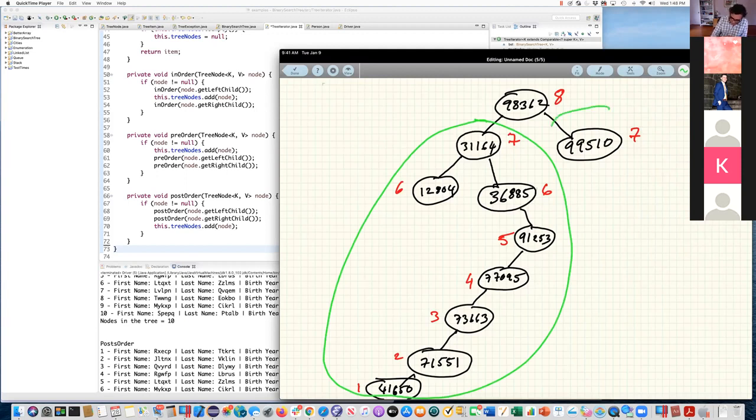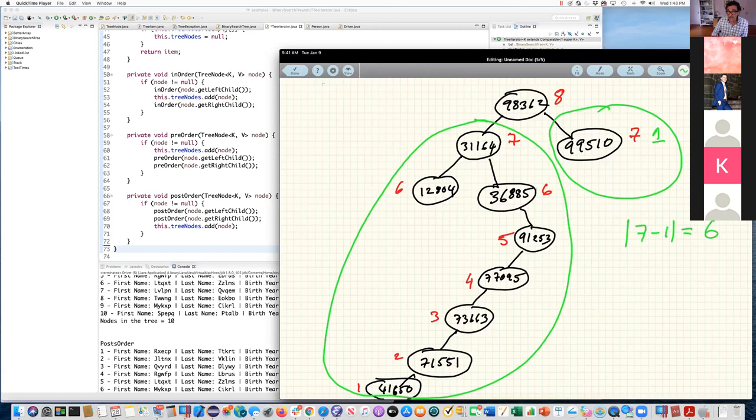What's the height of this tree? Is it 7? Isn't it 1 technically? The height of the right subtree of the root node is 1, and the height of the left subtree is 7. Meaning the absolute value of 7 minus 1 is going to be 6.